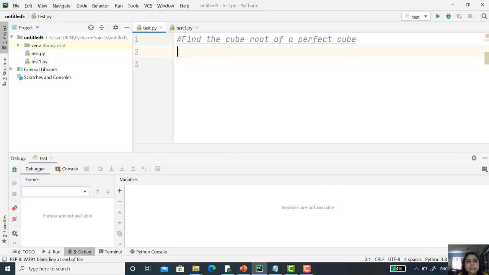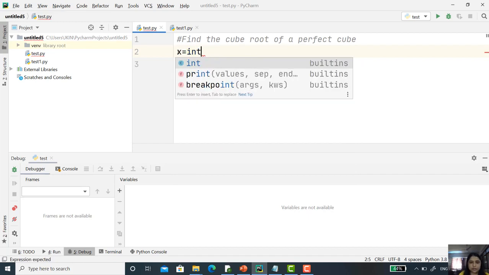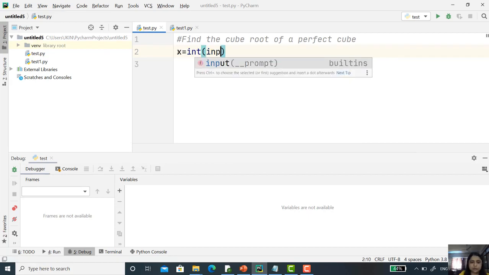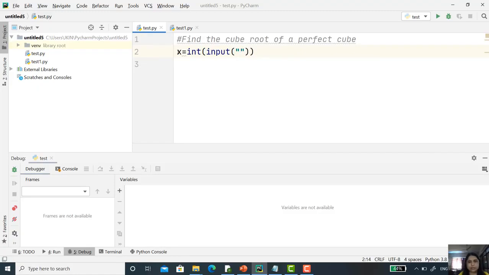So first of all, I just use one variable that is x, and x equal to int, and then input, that is enter the number. Now I'm using one variable, for example answer. Answer initialized with 0.